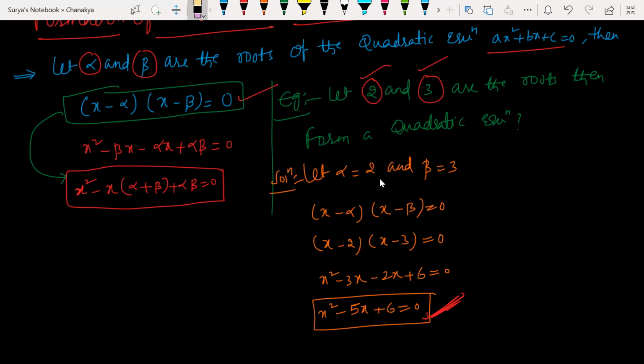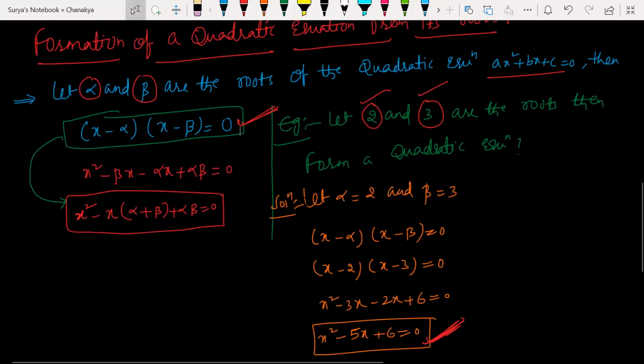See, earlier we found the roots of the quadratic equation when the quadratic equation was given. Now they only gave the roots and are asking us to find the quadratic equation. So at that time what I am supposed to do is find the equation by using this formula. Look at this: (x minus alpha) into (x minus beta) is equal to 0. So then I'll be getting my equation. Understood? Understood, children? Any doubts?